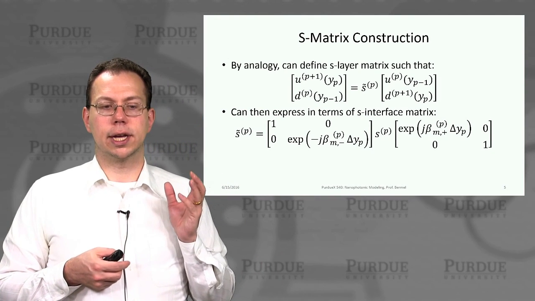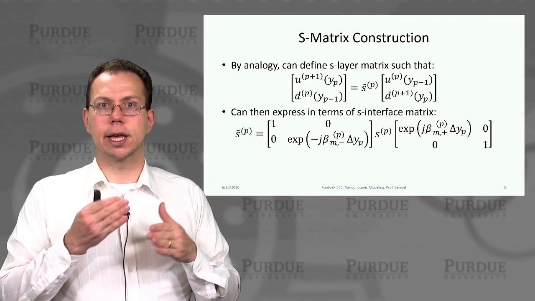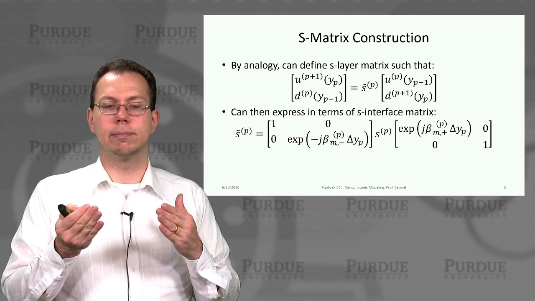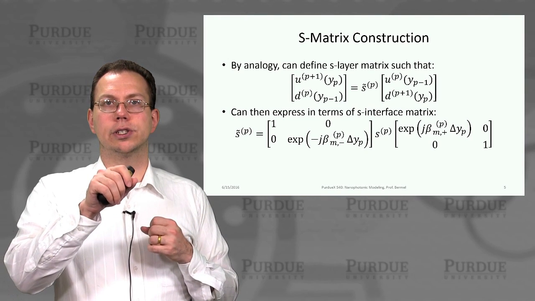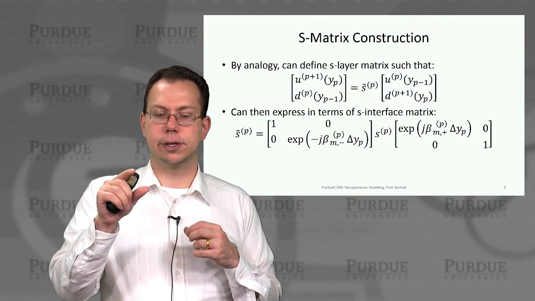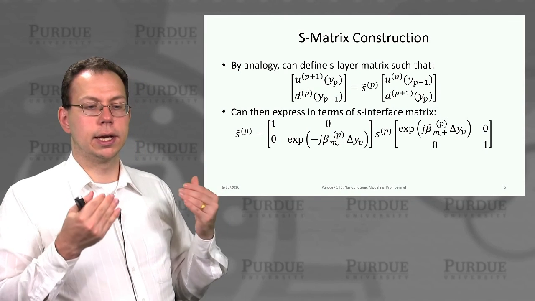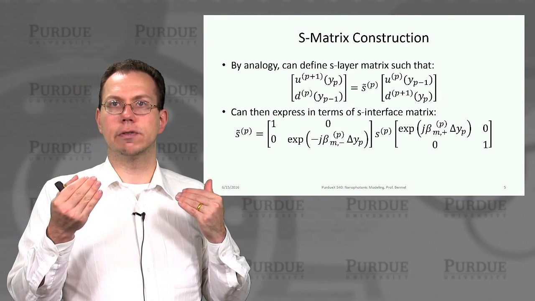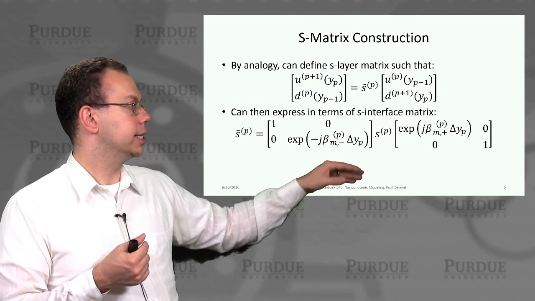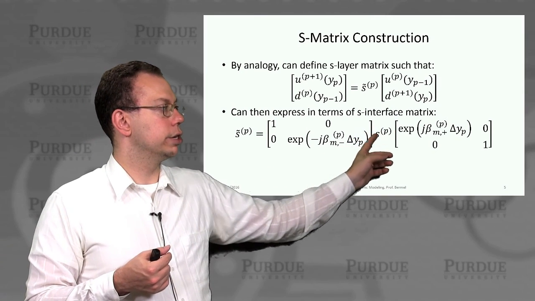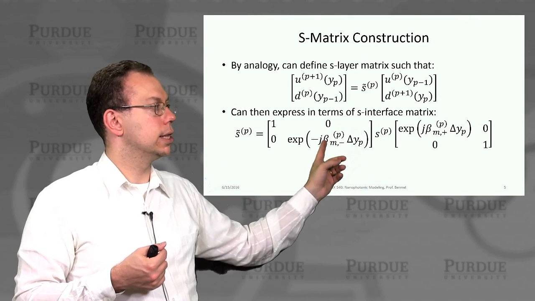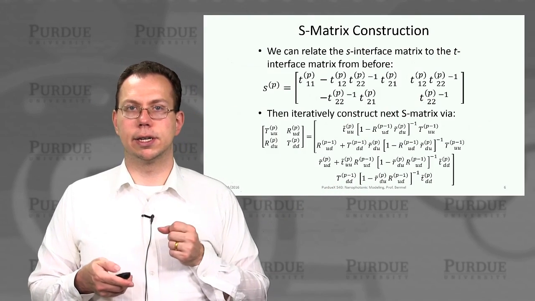And then, of course, as we did before, we can actually define an S layer matrix, S tilde, which is very analogous to our T tilde matrix we had earlier, which would be essentially the quotient of two interface matrices, which we can write as SP without the tilde, times two phase terms. And before we had phi as just a single phase term, but because of the different propagation directions, we actually have to break up the phase slightly, but it's very similar to what we had earlier. So you can see basically we have the positive exponential on the right and then the negative exponential on the left, but otherwise very similar.